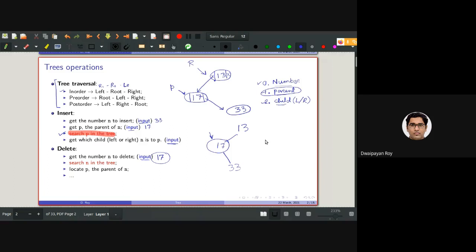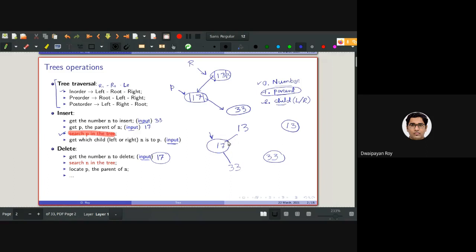Anyone? There will be two different trees now? No, of course not. One thing you may think is that this will create two trees, one containing 13 and another containing 33, which would be a forest. But no, for the deletion operation here, we should be changing the existing tree, just deleting the node that I want to delete. Then what would happen?